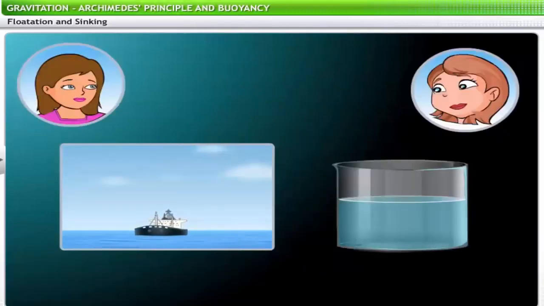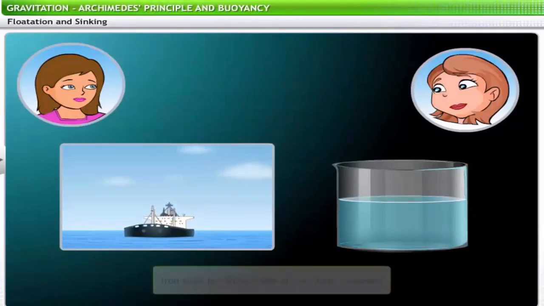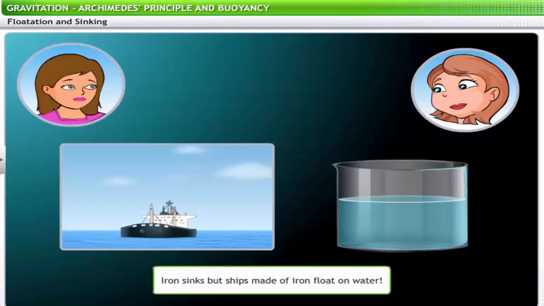That's cool. But wait a minute. The density of iron is greater than that of water. So how is it that if we drop a piece of iron in water, it sinks? But our ships are built of iron and steel parts, and they don't seem to have any problem staying afloat in water. That's a good question. To better understand why a ship floats, let's look at a very simple everyday example of